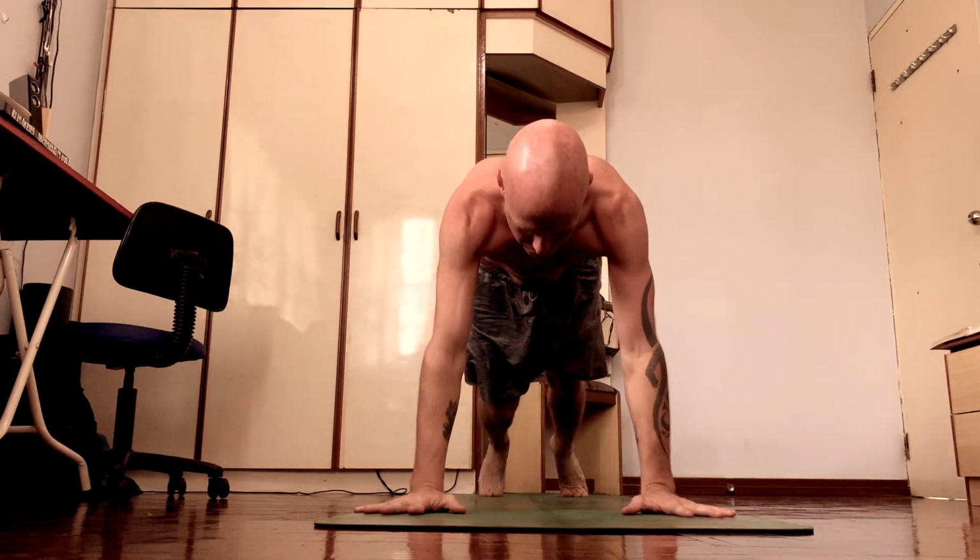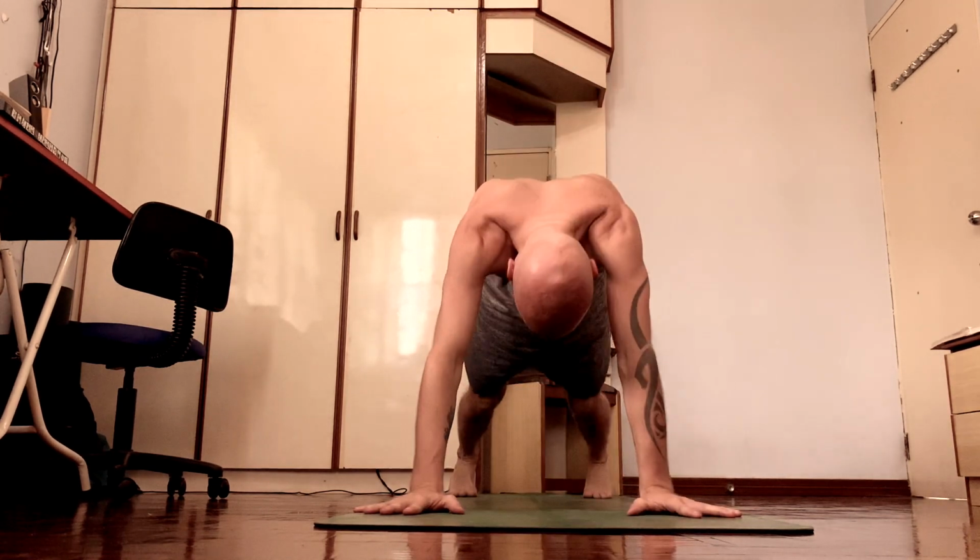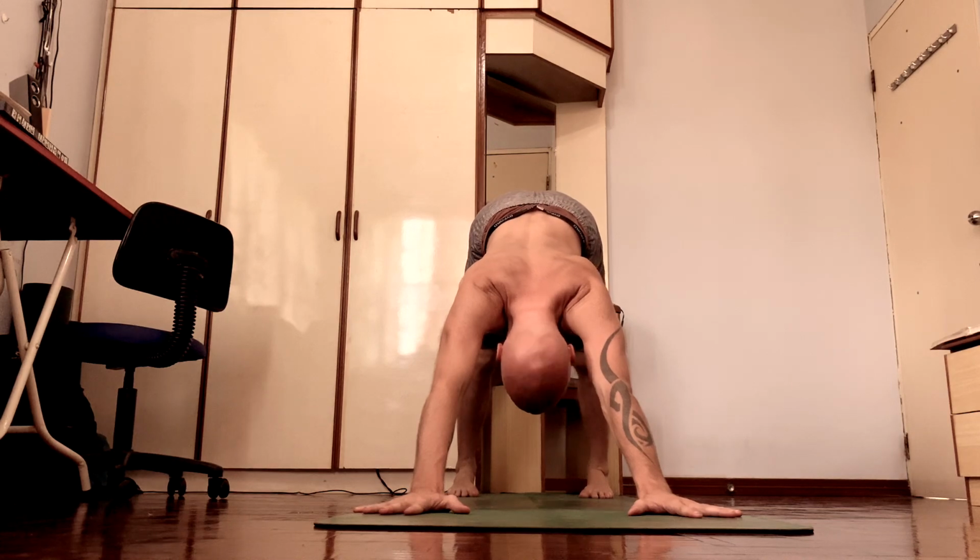slightly right hip back, left hip forward, and then exhale, press hands down, chaturanga, up dog, open chest, down dog, upper arm out, inner crunch back, and left leg forward, hook your right foot, try to move right side of